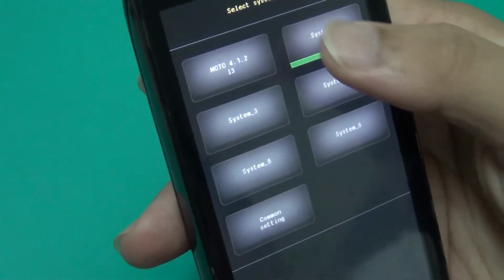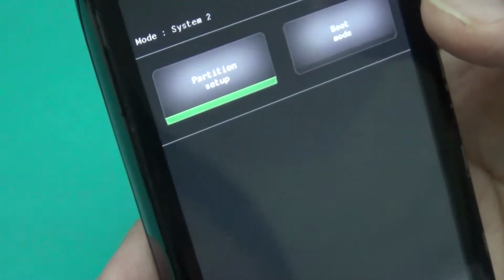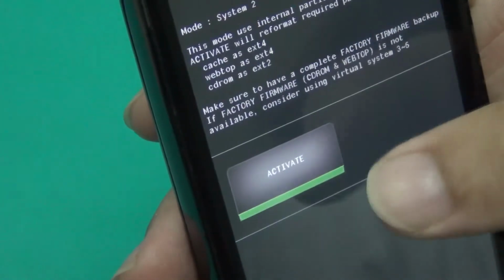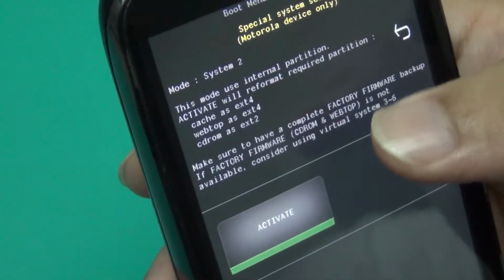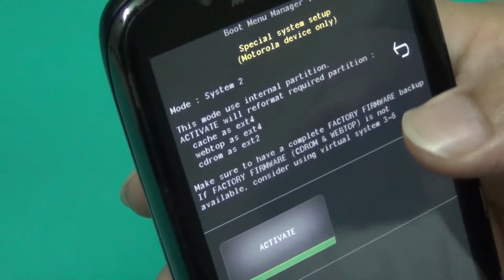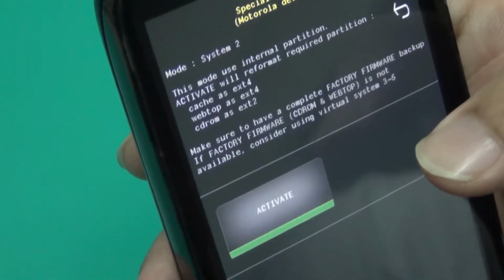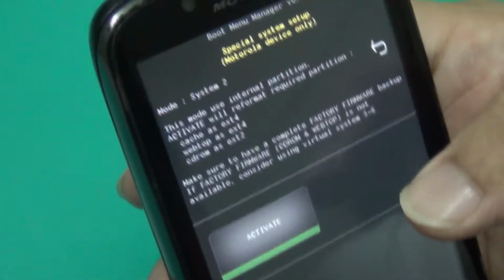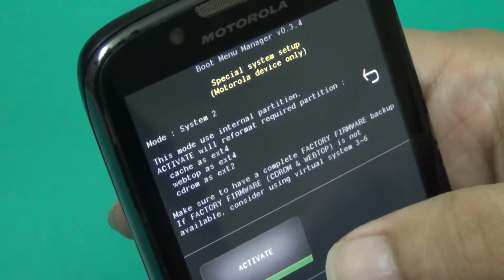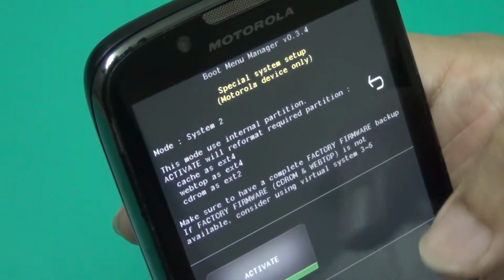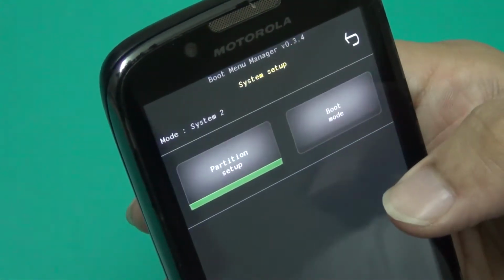Go to system 2, partition setup. This is system 2. You don't install any ROM on system 2. You have to just activate it, as it is already activated from install.